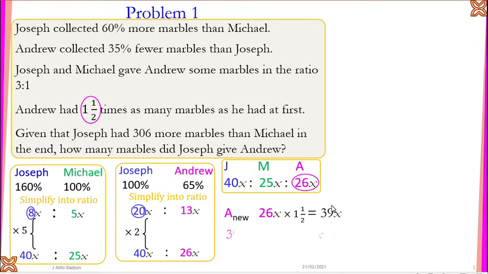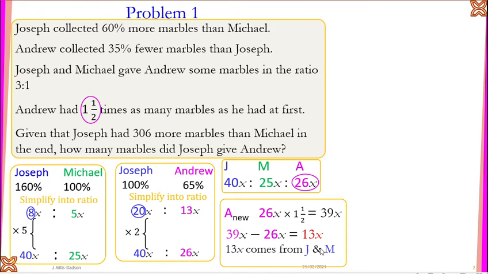Now 39x, we need to work out how much Andrew received from Joseph and Michael, because Andrew had 26x before and now has 39x. So Andrew receives 13x. That's the difference between what he had before and what he has now. This 13x is from Joseph and Michael,